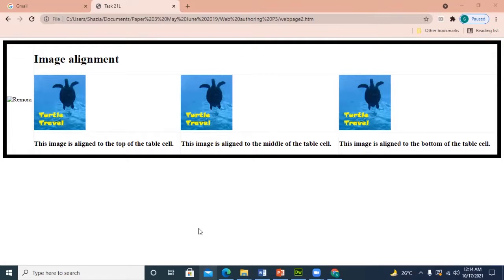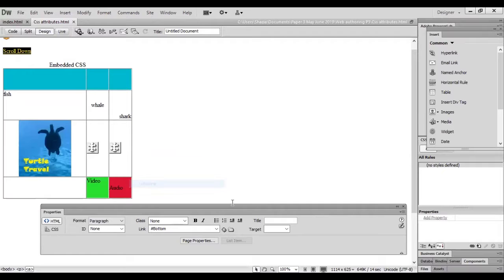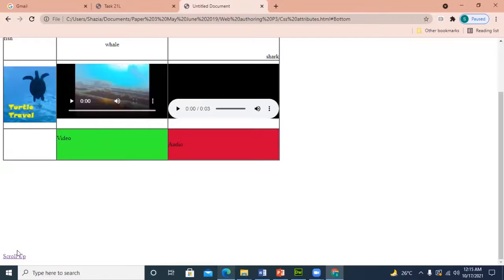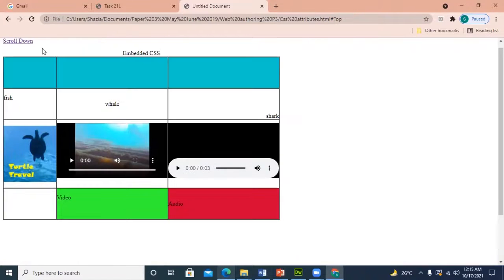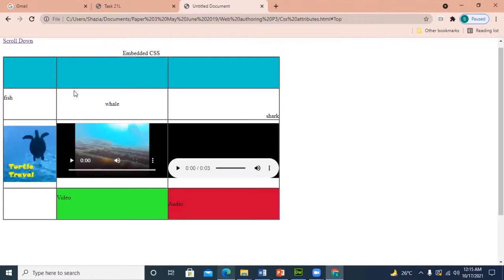Again go and find this here and find your view again, browser. So check your internal and external linking. So here, if this was the external linking, if I click on this, look, my linking. I have created a division within a page. So scroll down, and if I click on this, scroll up, top to bottom and bottom to top. So this is how we can easily create internal and external linking.